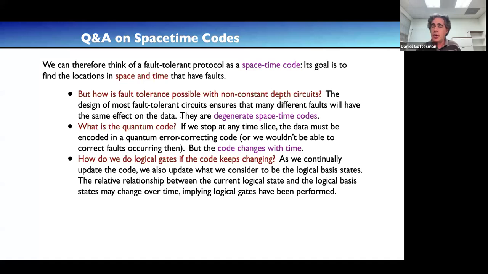And because it's the same code, you can say, well, before we had this state, now we have this state, therefore the logical state has changed, we've done a logical gate. But if you have two different codes, there's lots of different ways that those codes could be mapped onto each other.